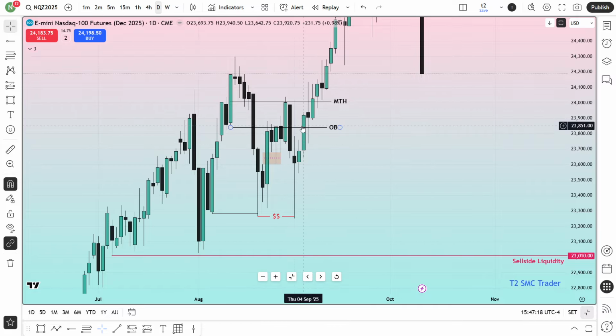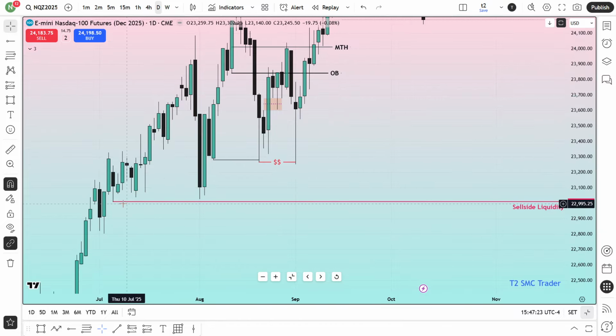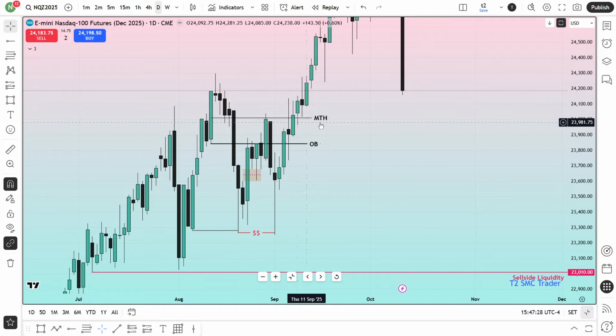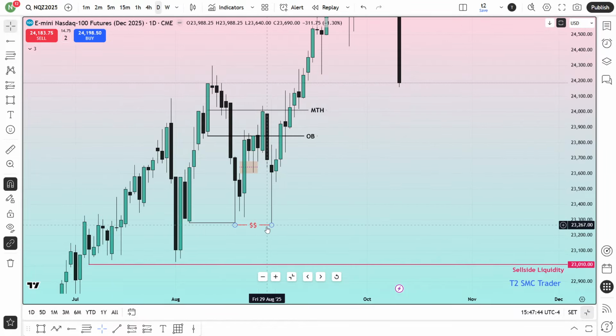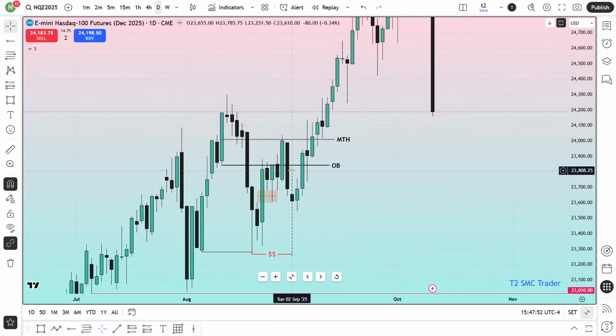Even though we are not wrong, actually, we have successfully framed a sell setup over there because we are looking for sell. Why? Because we have this sell side liquidity which is so beautiful, and still this order block is not broken. That order block is not broken. It can be retested. That means when this market came here, traded that mean threshold and took that internal liquidity, this is the external liquidity which is still aside over here, it can come back again to this order block, then it can fall again for this sell side liquidity. It is also possible. So I have to wait to see if the body can close above that mean threshold.